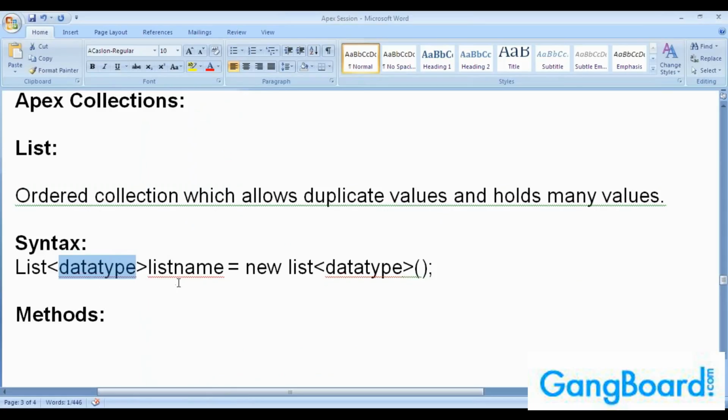Okay, so List of data type, list name is equal to new List of data type. So this is actually the syntax for the list. As I said, it is an ordered thing which allows duplicate values. Ordered collection in the sense that at the 0th index you will have one value, at the first index you will have one value, at the second index you will have one value. Fine. For example, if you see,